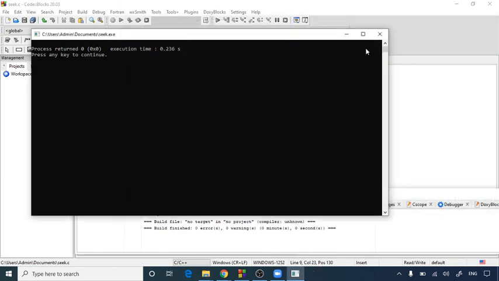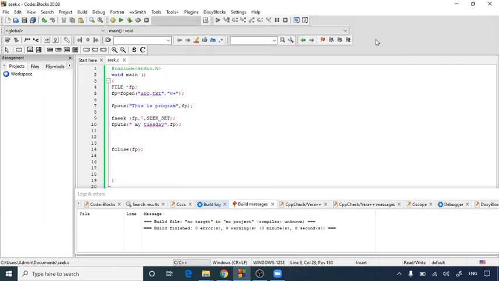By using the fseek function, you can set the pointer to a specified offset, which can be used to write and read data at the desired location. Whatever change you want to make, you can do the same in the content of that file. I hope you understood today's program. Thank you.